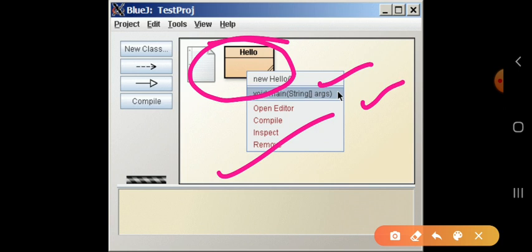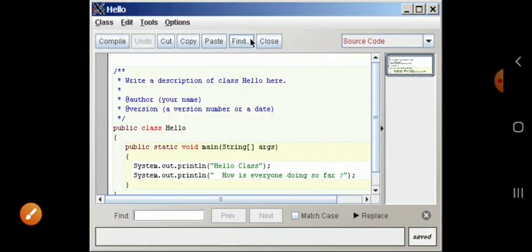This is the button you have to click, and when you click it, you will get your desired result. And what will be your desired result? It should be the hello class output. So this is the result you will get in your window, and that window is known as the terminal window.